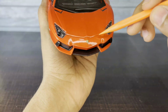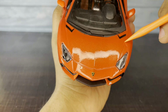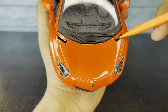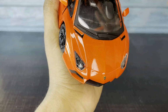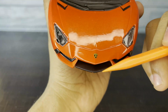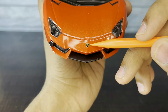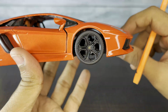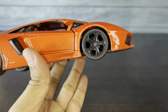And the front trunk doesn't open, it only has these edges for design. We have this black detailing as it is in the car. We can also see the Lamborghini logo here in the center, and it is of a good print. Now if we move to the tires, we can see that these are free wheel, but